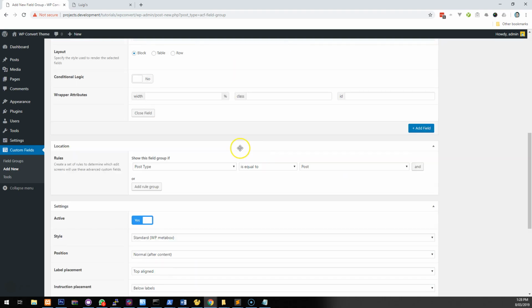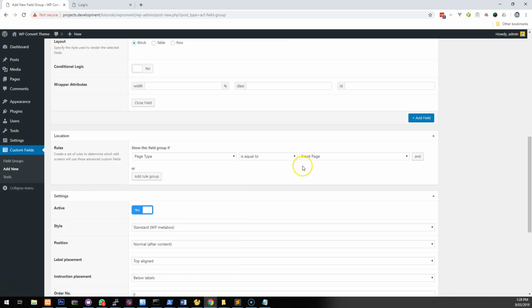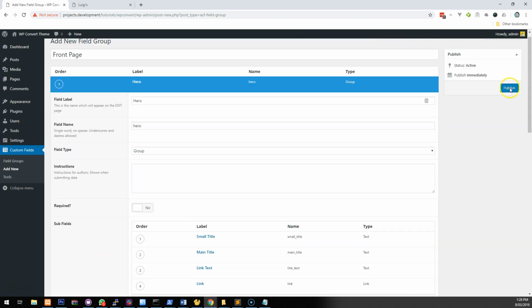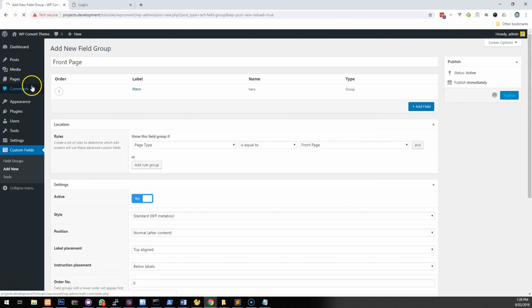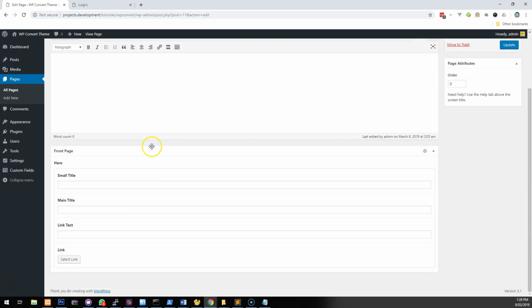So we've got that. And then we want to attribute it to the actual front page. So we can go to page type and then front page. Now we'll publish that and we'll go into pages and we'll go into our home page. And you'll notice now that we have our hero image. Now I'm going to type this,